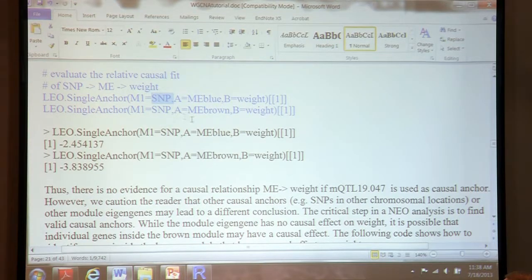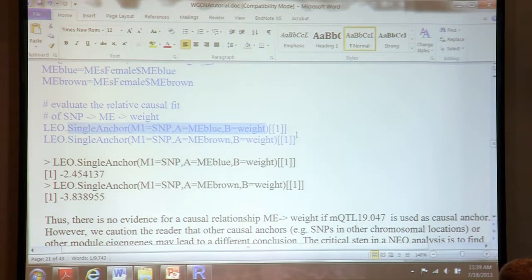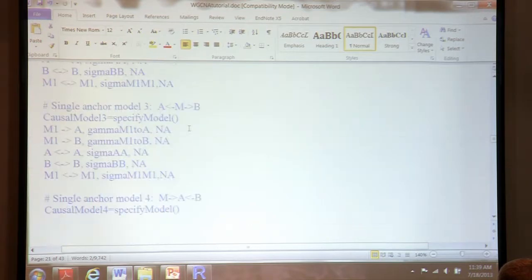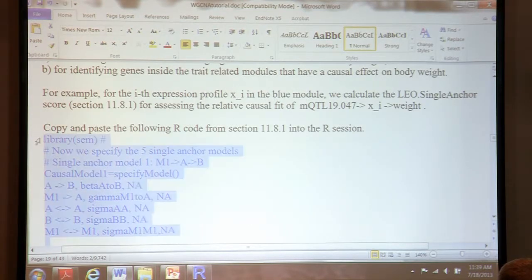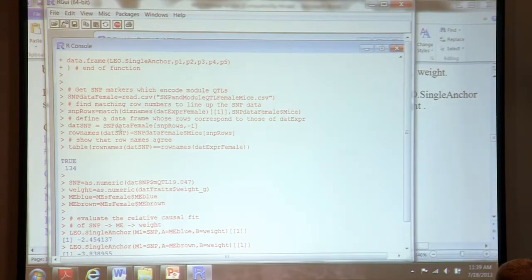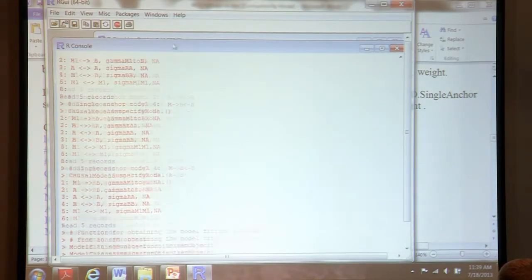What you see here, I evaluate whether this causal anchor causally affects trait A, which is the module eigengene, which may subsequently causally affect mouse body weight. The way to run this type of analysis is to just copy and paste the blue code, which I will explain to you in a second. Basically you copy it, you paste it into the R session,